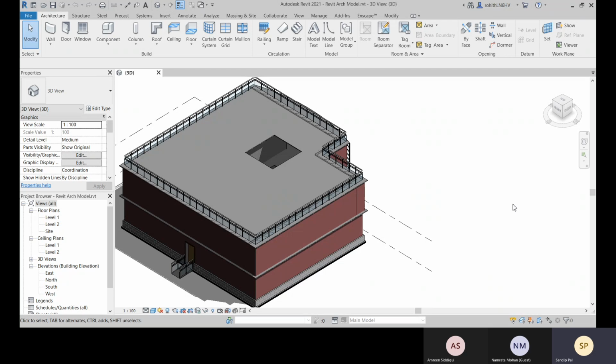And loadable families, you externally create and load into your project, and that can be used in every project. For that you can use already existing family template files so that you can easily create. We will learn how we can create our loadable families.